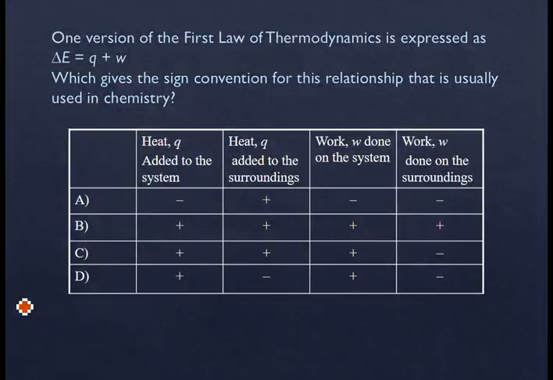So, a couple of questions. One version of the first law of thermodynamics is expressed as delta U, the internal energy of a system, is work plus heat, which gives a sign convention for this relationship that is usually used in chemistry. So when heat's added to the system, bingo, we lost it. So when we look at this,